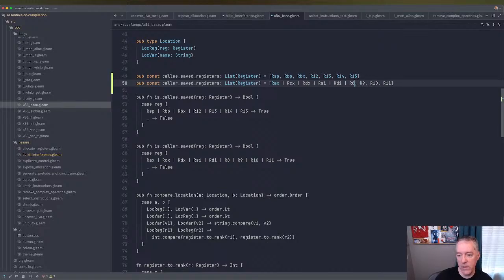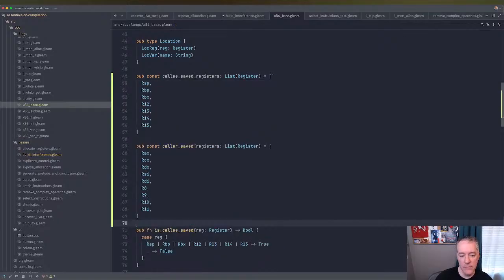It's just that what I want to do here is use that list in our little initializer here to